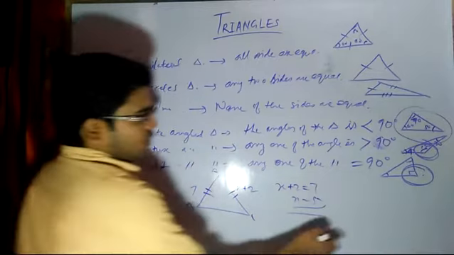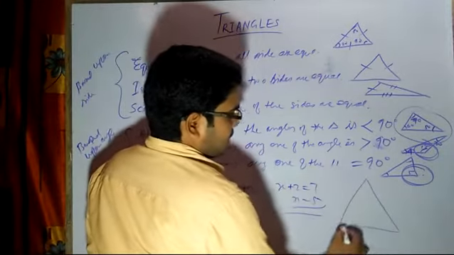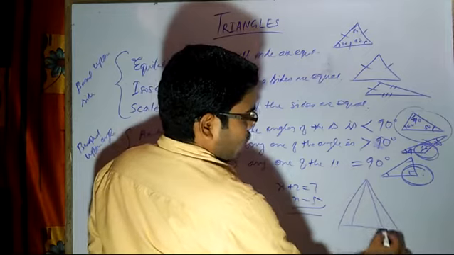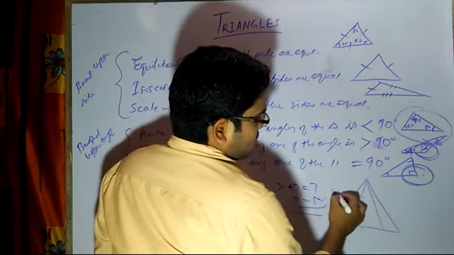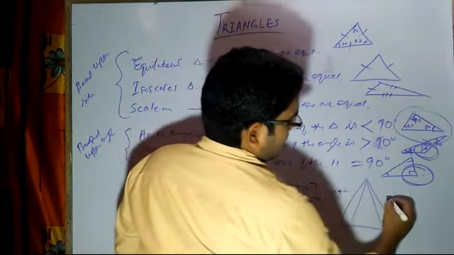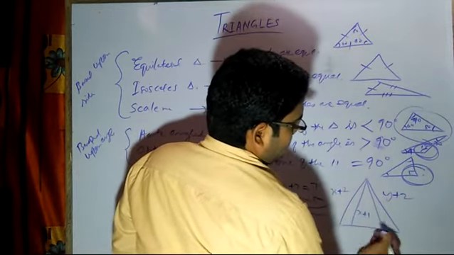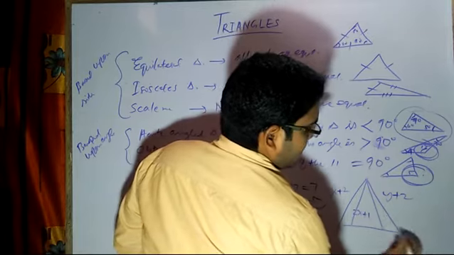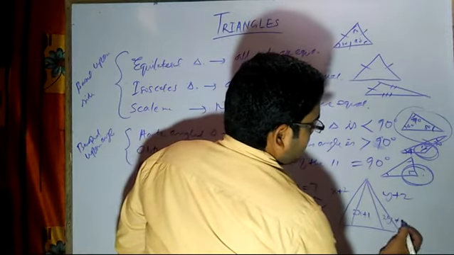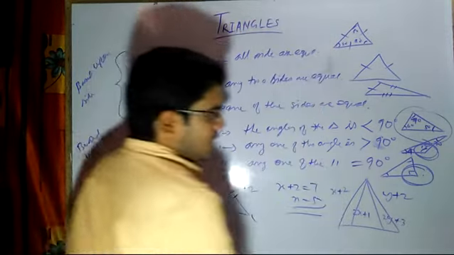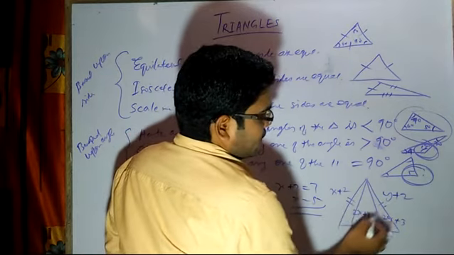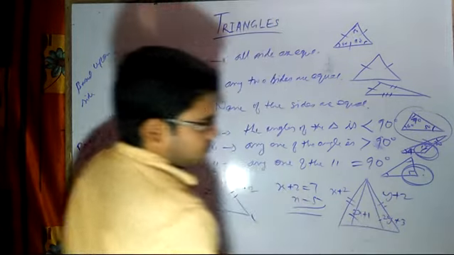In the same way, you will be having one triangle. Inside that another triangle will be drawn, and they will use x plus 2. This side they will use y plus 2. Here they will use x plus 1, suppose, or 2x plus 1. Here they may use like 2y plus 3, for an example I am saying, and then they will say these two sides are equal, this side is equal to this.